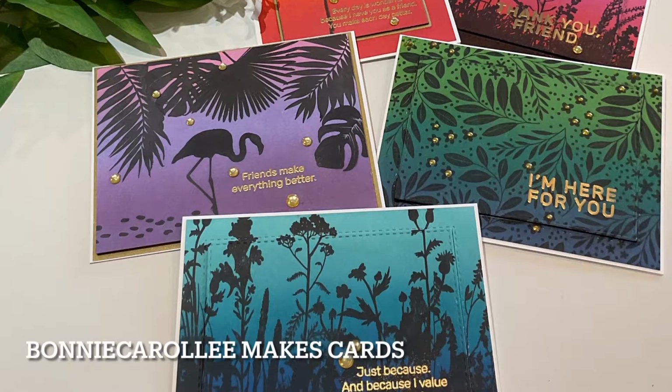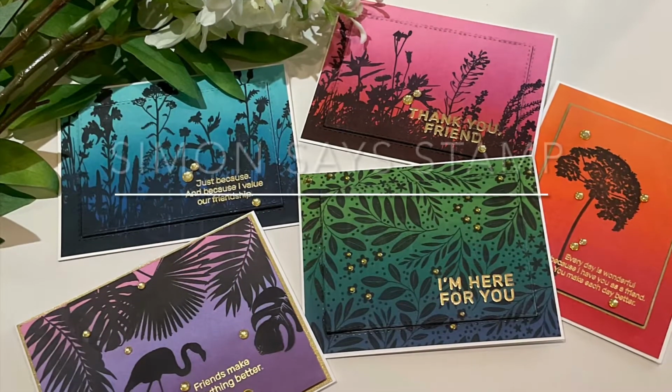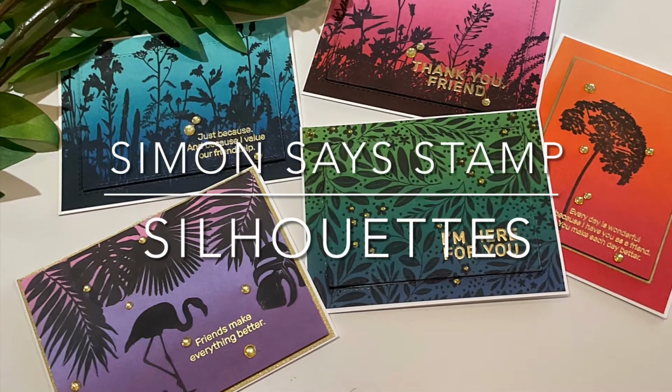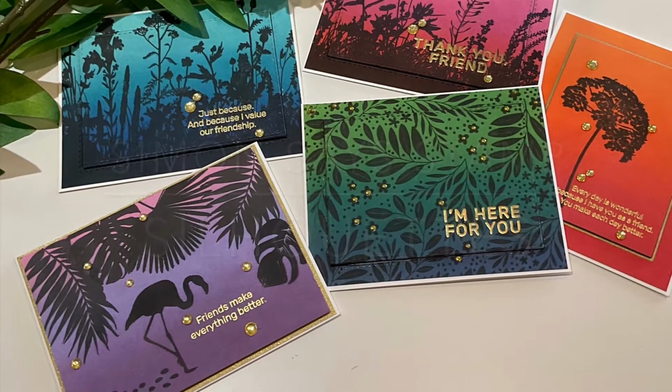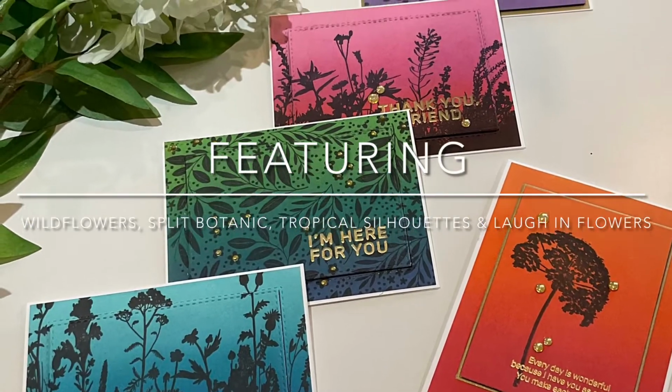I have a set of friendship cards today. These are quick and easy. Nothing makes me happier than spending time blending beautiful colors together, especially when they're finished off with gorgeous silhouette images